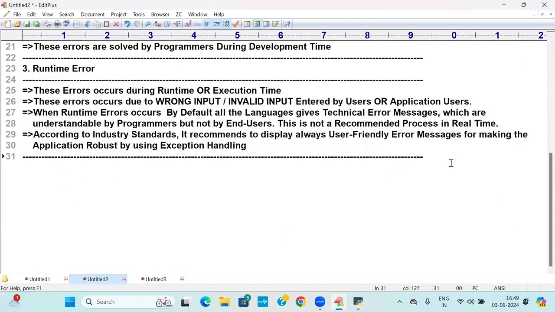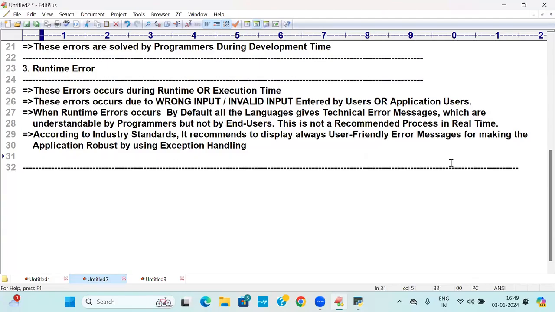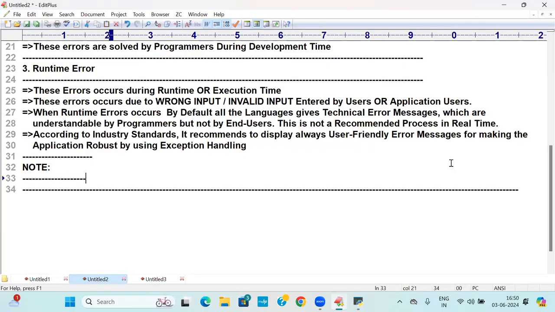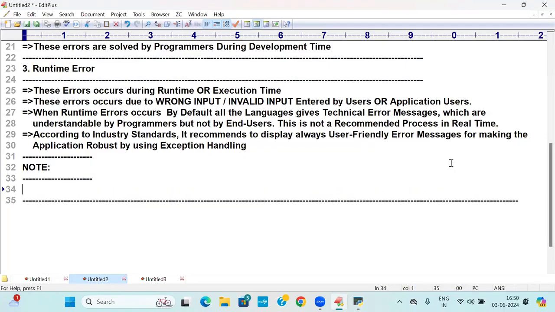Here, I will write one beautiful point, students. One note point. Always from now onwards, you apply this. The end user is nothing but we, the users who deal with the ATM. We are the end users or not? When the end user enters valid input,